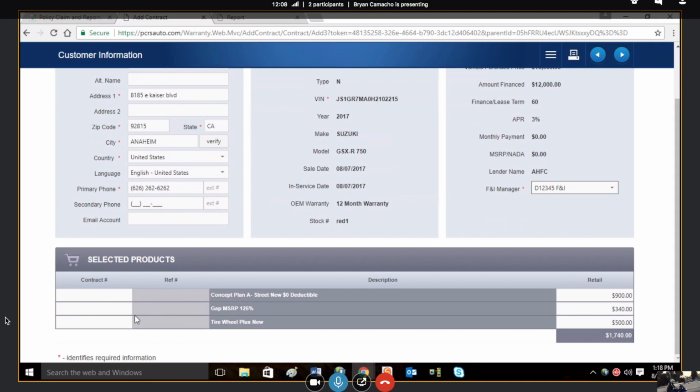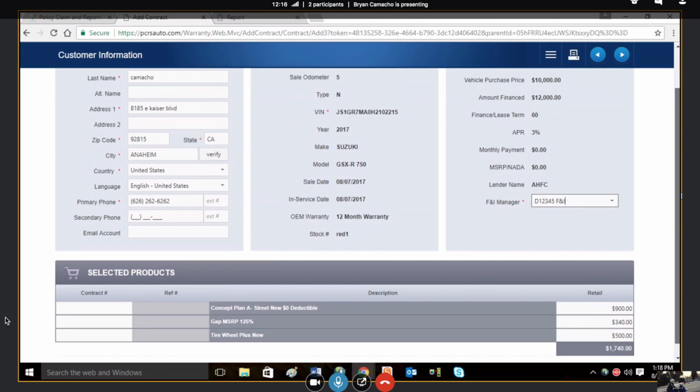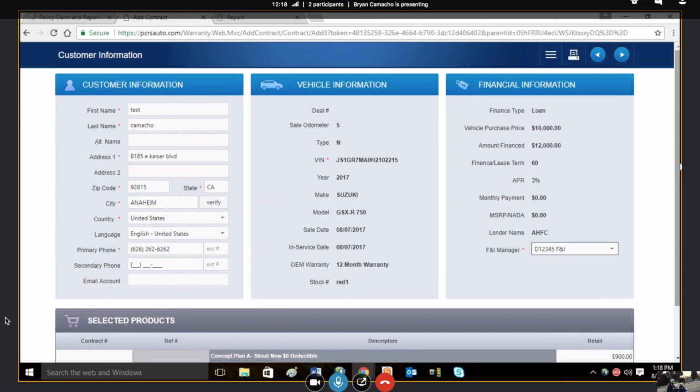You just leave these blank. Do not enter any contract number, because the system will auto-populate a contract number for you. So you just leave these blank. After you're finished with all of this here and make sure everything is correct, now you're going to proceed to the next screen. So once you click on the next screen for me,